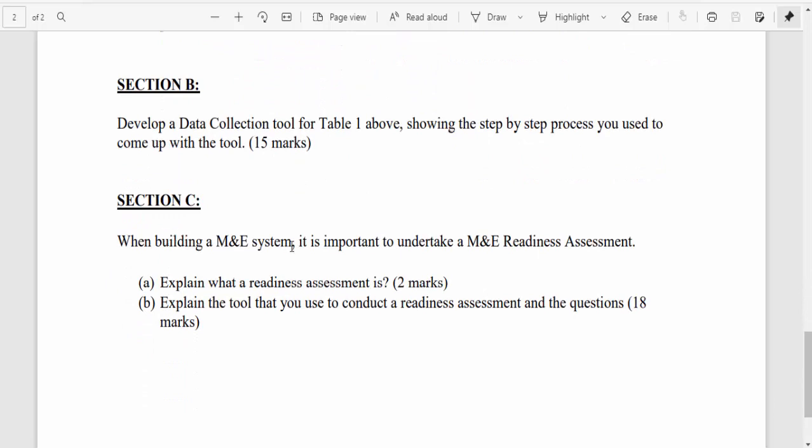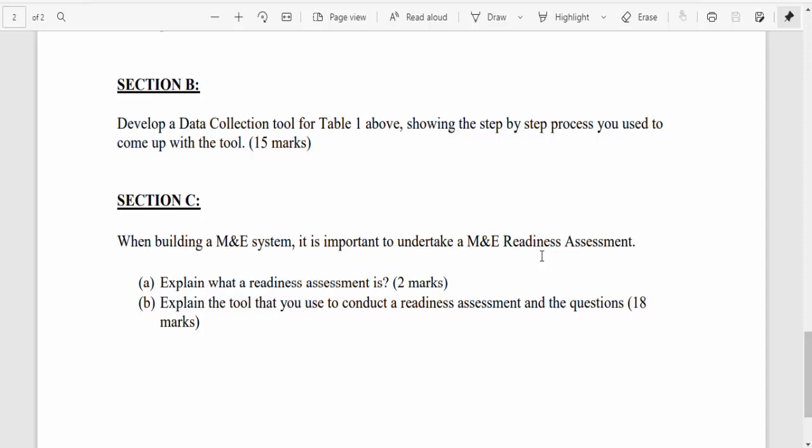Now, when building an M&E system, this is section C. When building an M&E system, it is important to undertake an M&E readiness assessment. Now, I want to talk about this because it's one of the things people take for granted. Every organization that wants an M&E system should do an M&E readiness assessment.